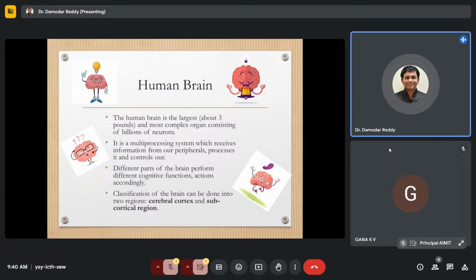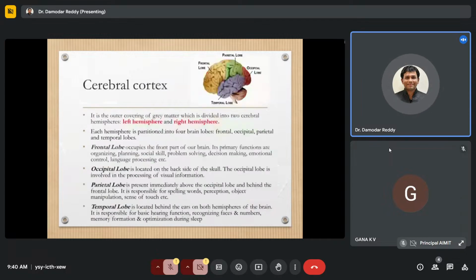Now, though it's not a biology session, and I'm not going to talk too much about the human brain, you need to understand the basics of the human brain when we refer to the interface of a human brain by a computer, and then use such complex data to understand these various applications, four or five that I've highlighted so far. Now, the brain has two hemispheres, left and right. Both have four lobes: frontal, parietal, occipital, and temporal.